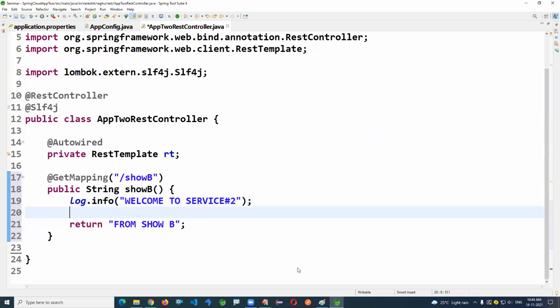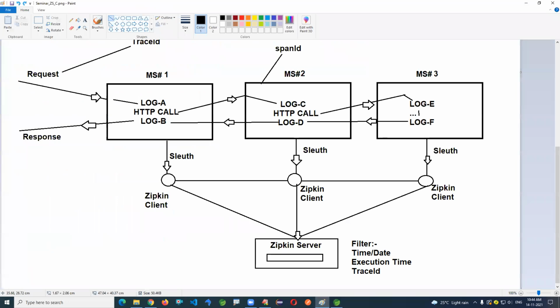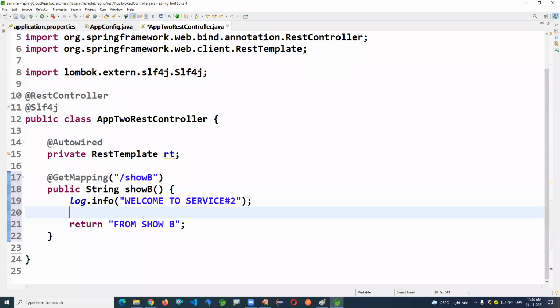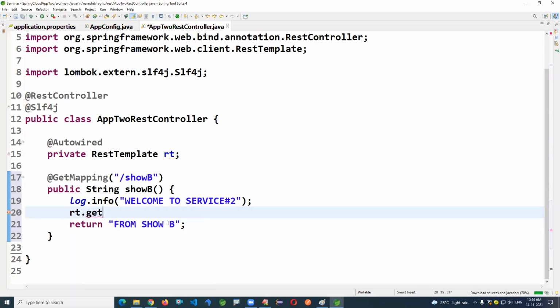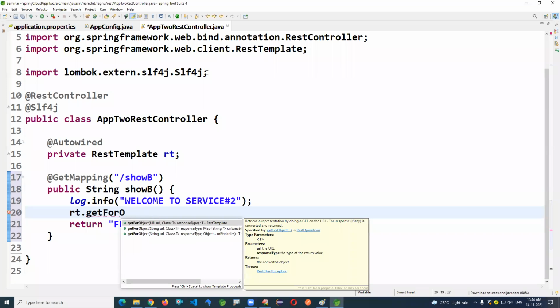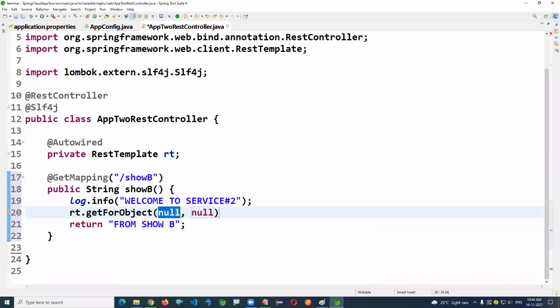Again, I'm making a call to the third microservice. A request is made here. It's a getForEntity or getForObject. Object directly returns the value. No HTTP status, nothing required. Consider this time it is actually calling the microservice 3 application here. Show C. Expected response is actually String.class.